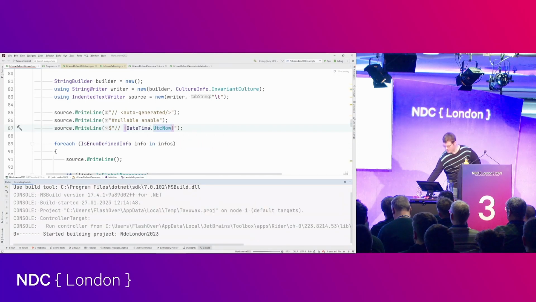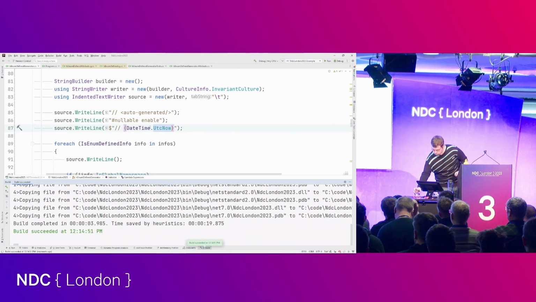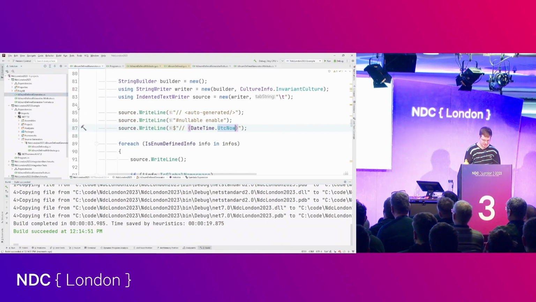If we build that, and have a look at the example, at the output,